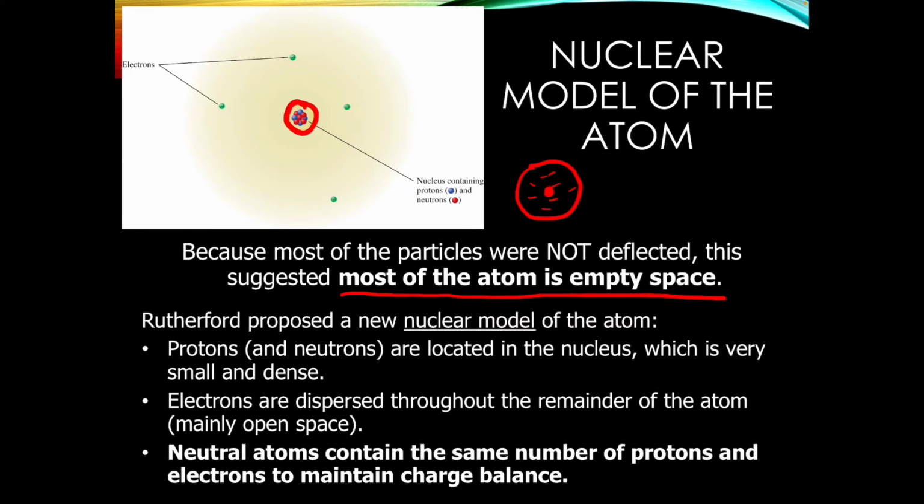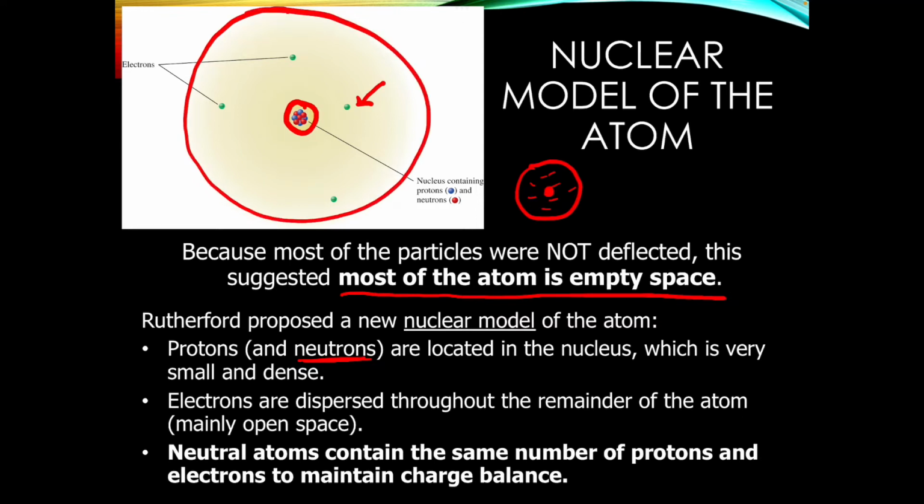So he said that those protons, the positively charged things, are going to be in the middle. It's going to be very small, very, very dense. Neutrons were also discovered around this time, and they are also going to end up in the middle. We're actually not going to talk about that, but the neutrons will end up in the middle as well. So then what about those electrons that J.J. Thomson discovered? If most of the atom is empty space, where are the electrons at? Well, the electrons are dispersed throughout the remainder of the atom. So those are these out here. As you can see in this big, huge atom, most of it is just empty, and then we have very, very tiny electrons scattered throughout.